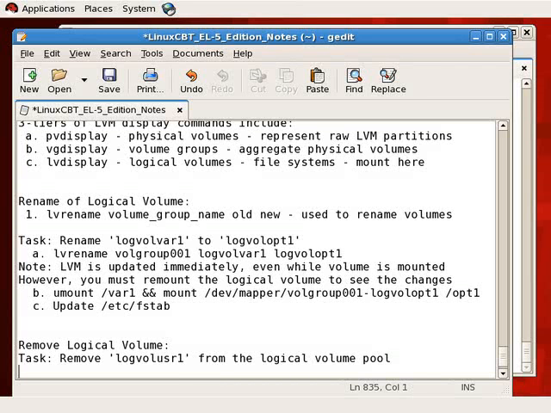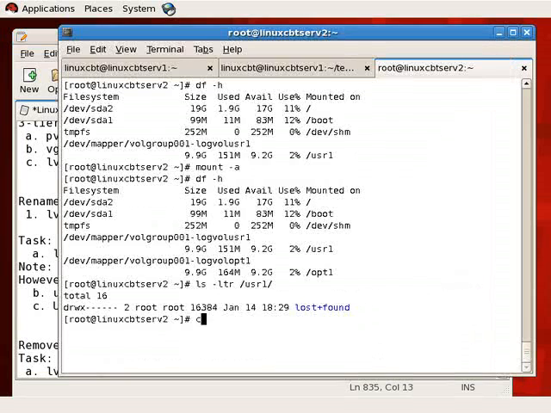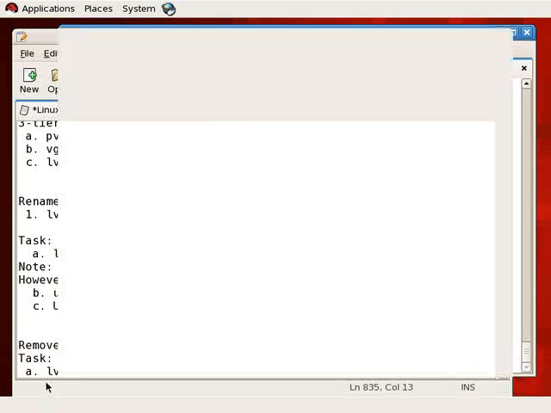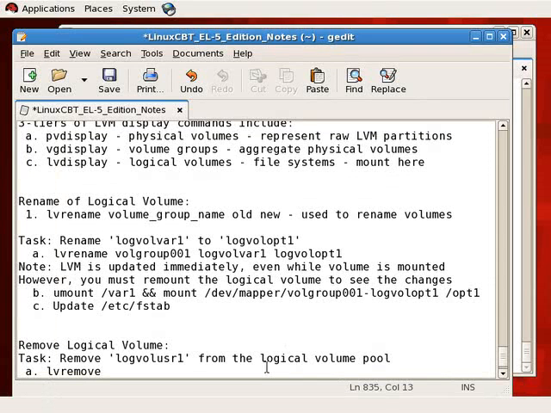We could even reformat it if we'd like, which would clobber the data. So we'll execute here lvremove. Again, LV comes handy with multiple tools. Just type lv, tab it out, and you'll see what's available. Change, lvmdiskscan, that is, rename, remove, and so on, resize, which we'll be looking at shortly. So lvremove,